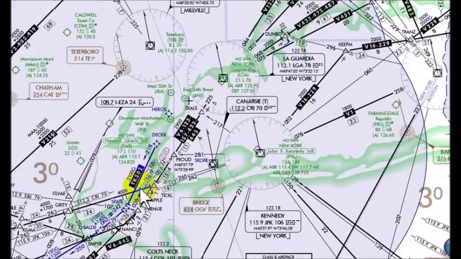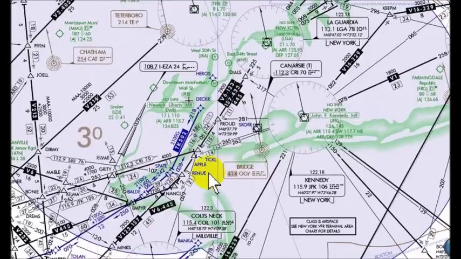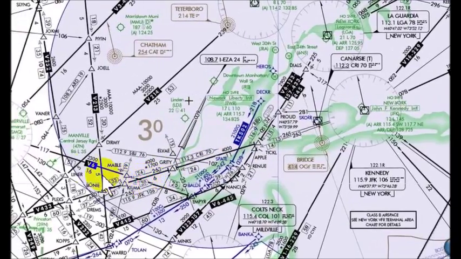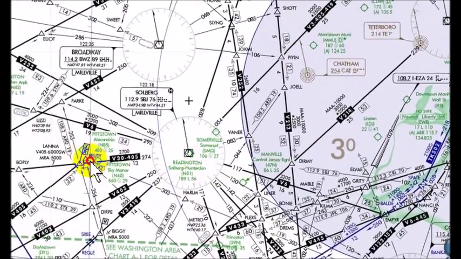and we will fly that and join Victor 6, which is here, and we can see this is Victor 6. We know this is Victor 6 because that's pretty much the only turning point. If we kept going southbound, well, Victor 6 could be picked up here, but we're going to fly the 265 radial, I mentioned, until we join the 117, and then Solberg is right there, and then we said we're going